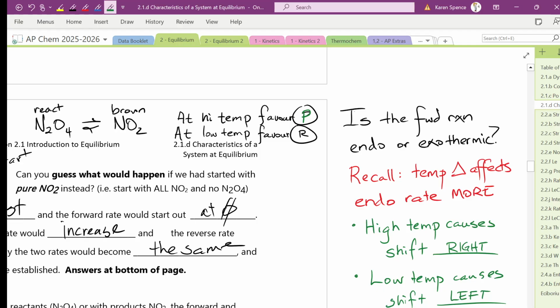Yeah. But we're just dealing with it the way it's written. Remember? No, it's not expected that you do that. In this case, that's how we have written it. But you could write it backwards and then it would be exothermic. Because it turned brown at high temperature. And so we're like, oh, look, we got lots of brown at high temperature. Yeah? That's what I heard. No, that's genuinely what I heard.